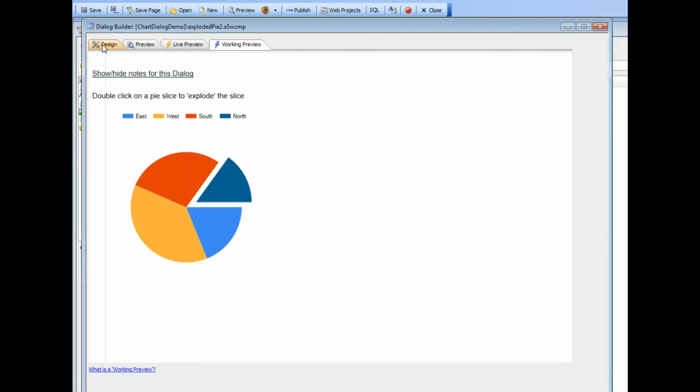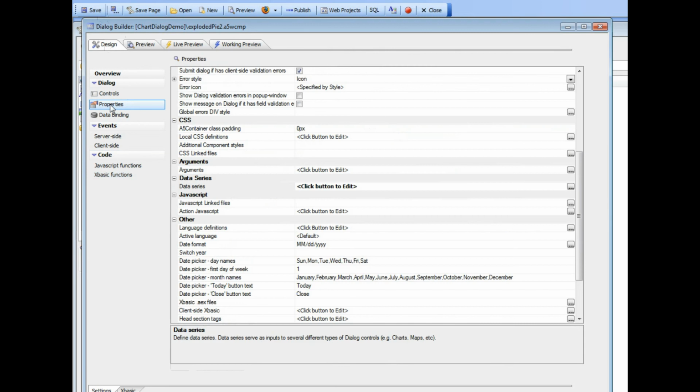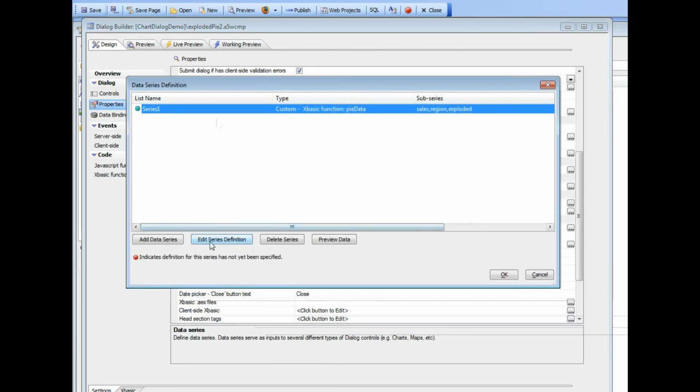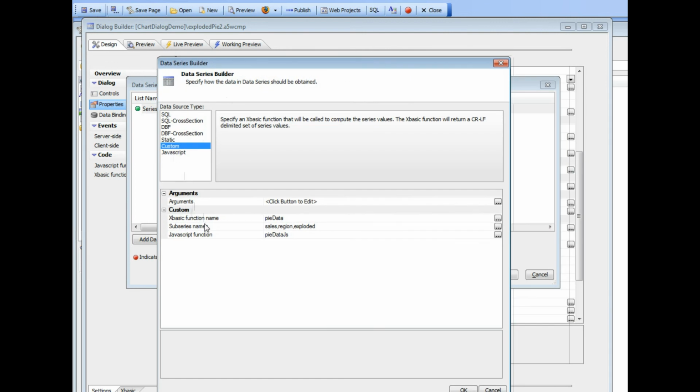When we go back to design mode now, let me just turn off debug 1 there. When we go back to our properties, and look at data series, and then edit this data series, we can see that this custom series is based on an XBasic function called PyData, which we've been examining,